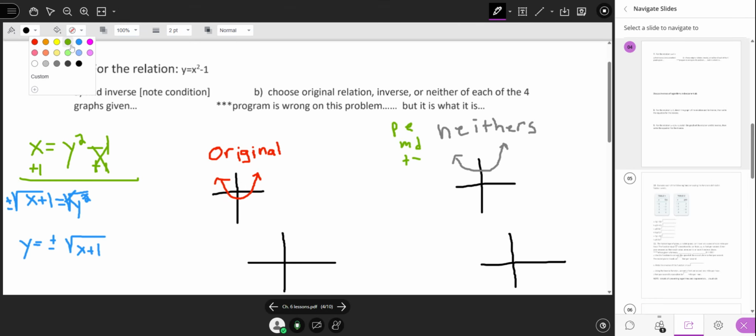So the inverse, so -1 here, -1 here. And this one's also